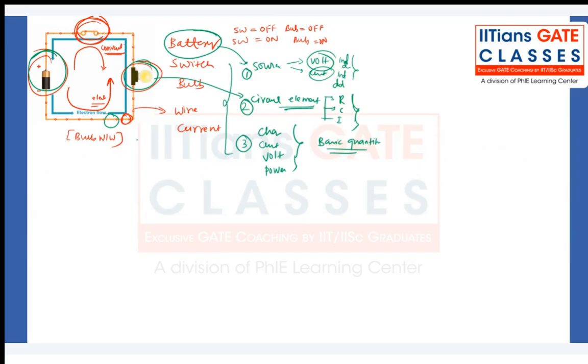So then what you will do, you will draw some kind of equivalent model. For example, battery I will represent like this. Switch I will represent like this. And then assume that some sort of resistor is there here. This we are assuming. Then if I have to find what is the current, what is the voltage drop, then